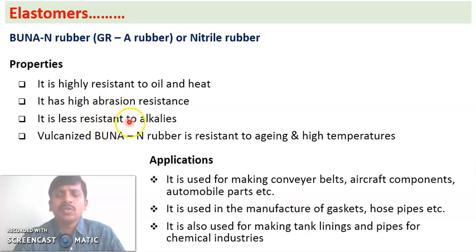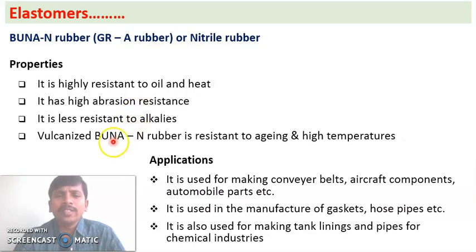It is less resistant to alkalis. Buna rubber contains cyanide groups, nitrile groups, as they are basic groups. So it is less resistant to basic groups. So when alkalis come in contact with Buna rubber, it reacts with the alkalis, and the exchange of basic moieties occurs, and so it loses its properties. That is one property. Another property.